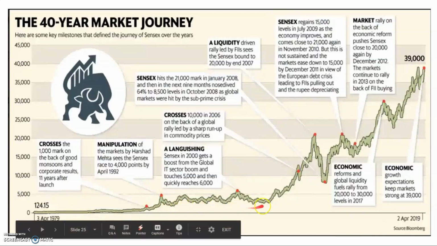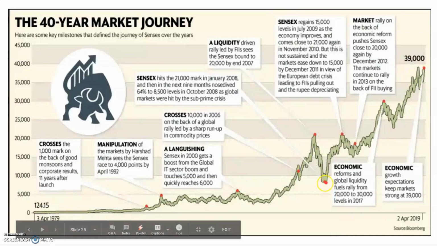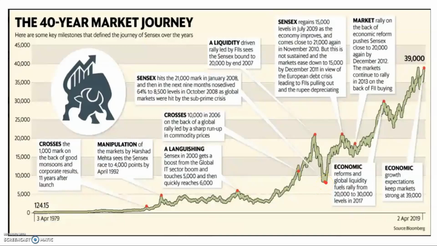The next bull run in the Sensex came in the early 2000s, which was a liquidity-driven rally led by foreign investors who were looking to invest in India, and they took the Sensex to a 20,000 points limit. After that, in 2008, the Sensex tanked due to the global crisis, in which the housing market of the US collapsed. Since then, the Sensex has been on a bull run, and in 2019, the Sensex reached